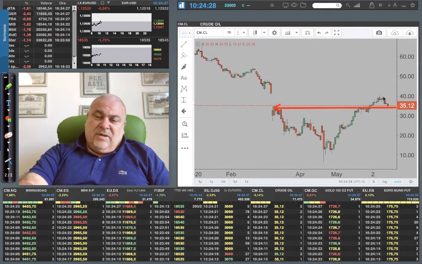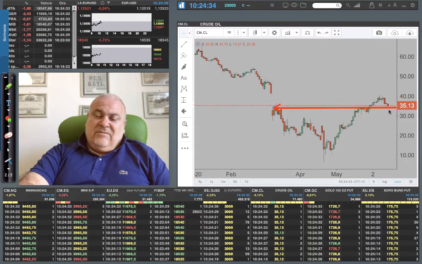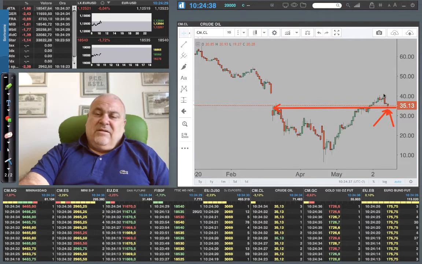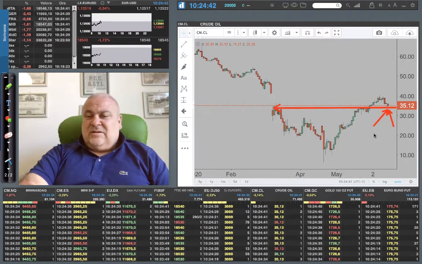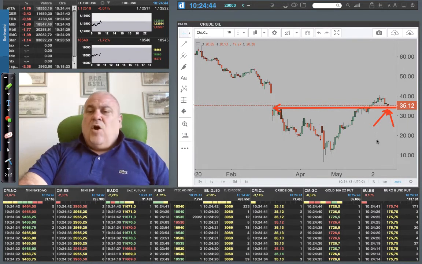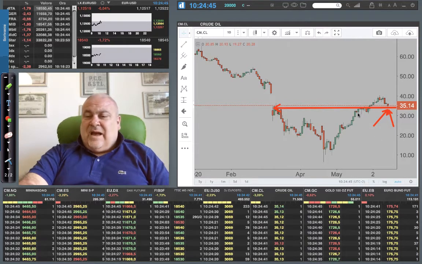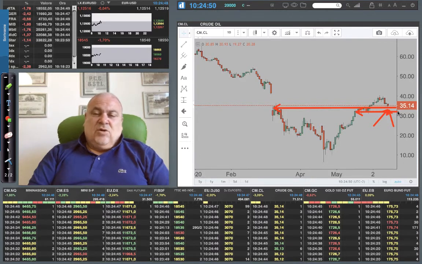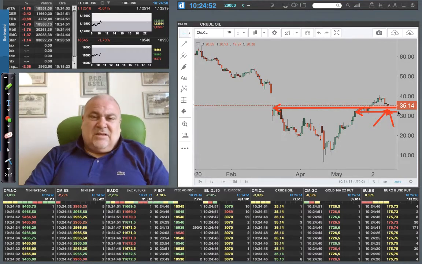So I think it could be interesting, and it can continue like a trend. Because the situation is that we now have to expect maybe that the crude oil can have a rebound here from the test of this $35 per barrel support, or we will see it going down maybe to test this area that is a little bit lower. So it's really something interesting to see.